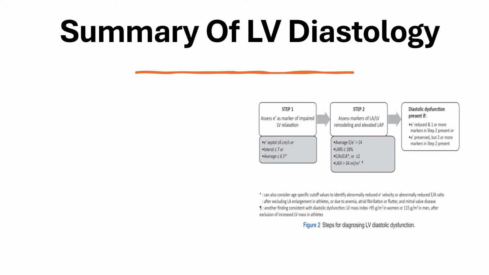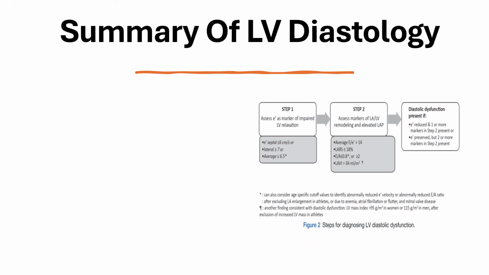This is followed by assessment of left atrial and LV remodeling and elevated left atrial pressure. Parameters which are suggestive of elevated left atrial pressure include average E to E' of more than 14, indexed left atrial volume of more than 34 milliliters per meter squared, and LARS, or left atrial strain, which is not available for most point-of-care machines, is a novel method and beyond the